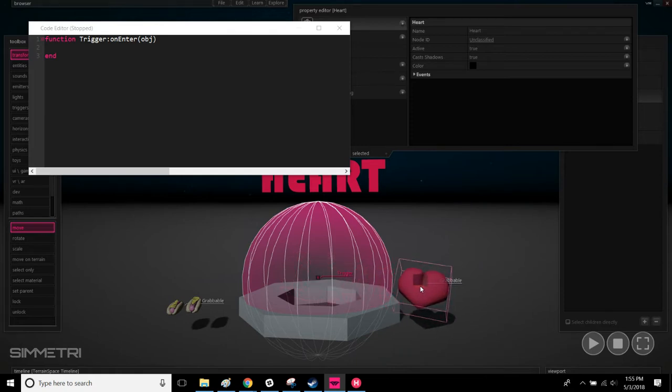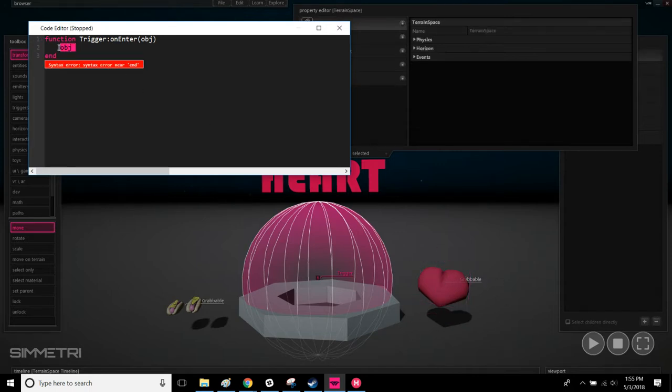So if this heart, when its center point crosses that threshold into the trigger, we're going to call this trigger's on enter function, and the variable obj is going to be referencing the heart. So if I do anything with obj, it will be functions on this heart. So what we want to do on enter is